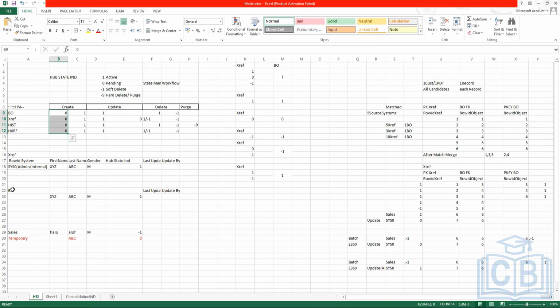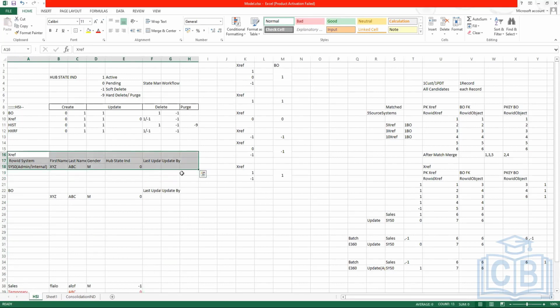So let's say this particular record was there and this got created by workflow, then this is something which we will go ahead and we'll see. Even in the history, we'll see the same thing. We'll see the cross-reference history also in the same way. What is the difference for cross-reference and history would be,